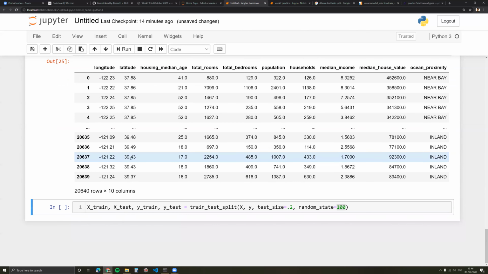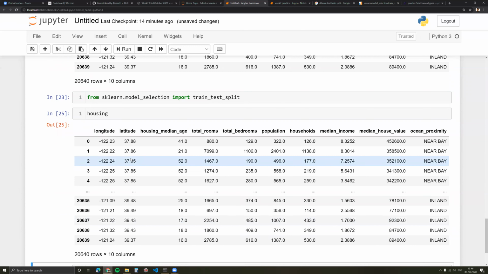Bharat, I have one question. Sure. So you're doing this split with test and train data set, right? There is one column which is categorical. Let's say you would encode this categorical column after you do the split. Would that not be a problem when you're trying to test the model?